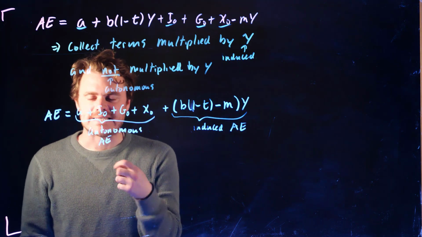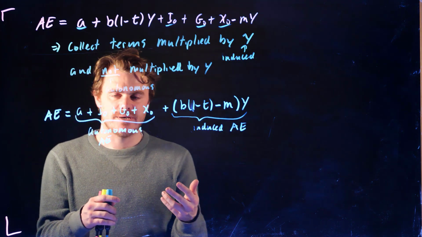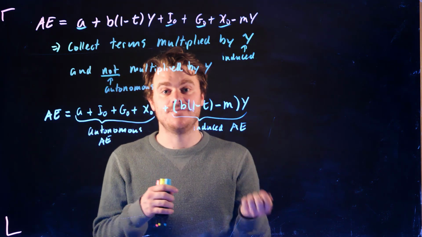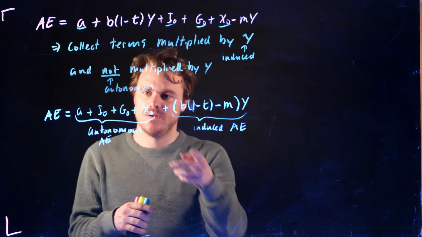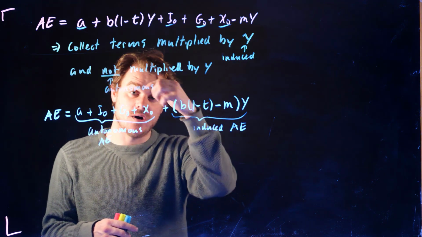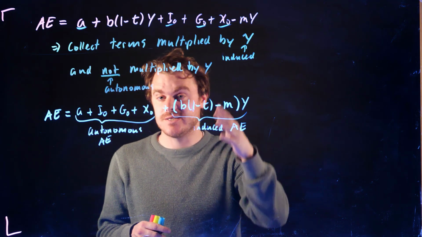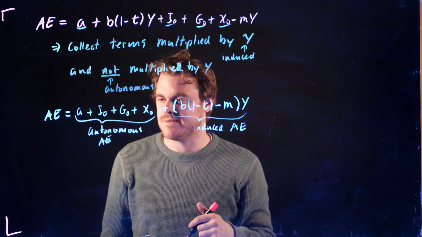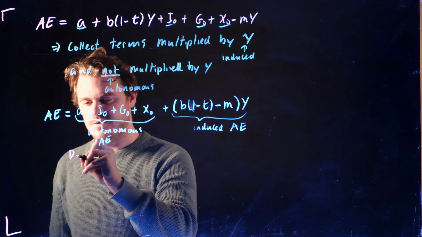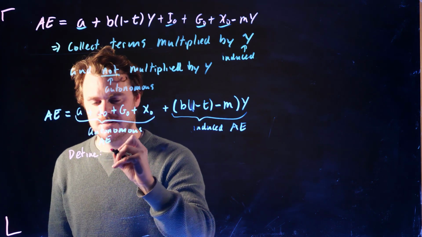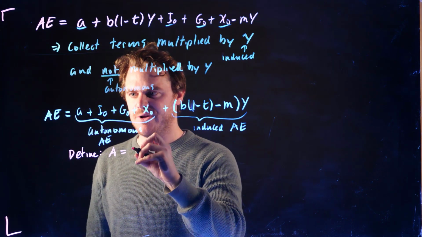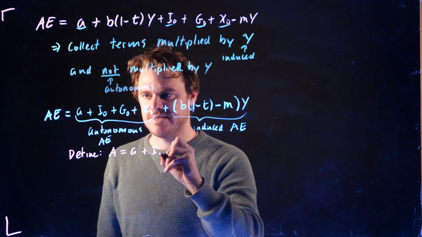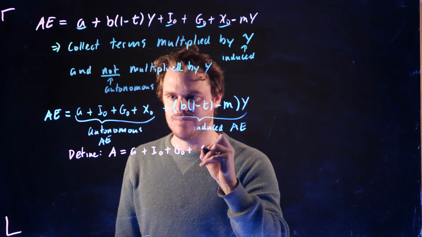And now we're going to do exactly like we did last week. Well, we're going to kind of redefine the autonomous part as well as this slope. So just like last time, it seemed kind of silly last week, but notice we have more terms now, so maybe it makes a little bit more sense now. So if we define capital A equals A plus I0 plus G0 plus X0,